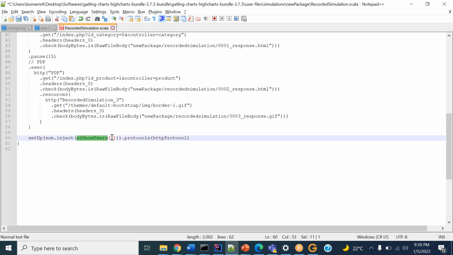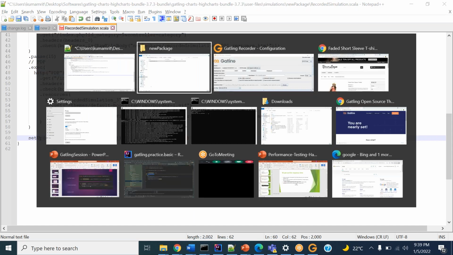We can put anything over there. We have different configurations. We will discuss them later, but first let's cover the basic one. So we are ramping up one user, and this is the protocol definition that we have, the HTTP protocol. Okay, let's try to run this and see what we'll get.